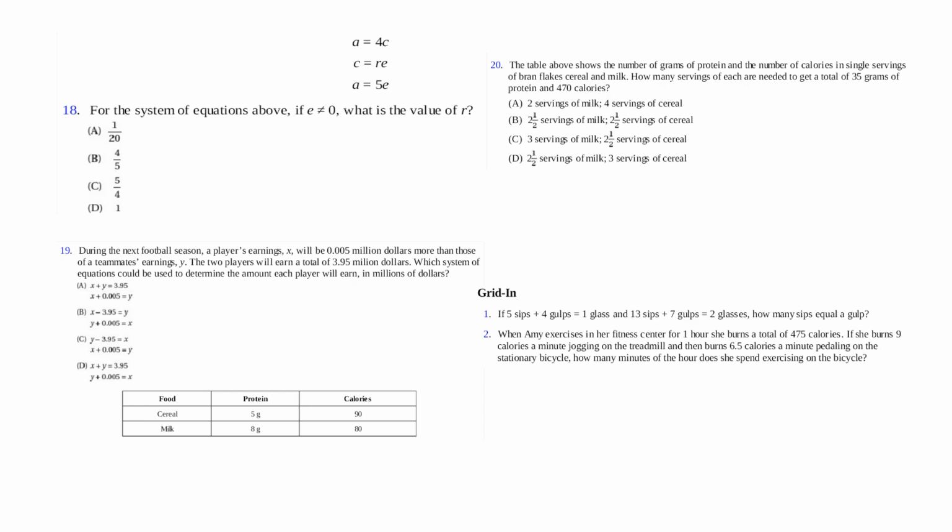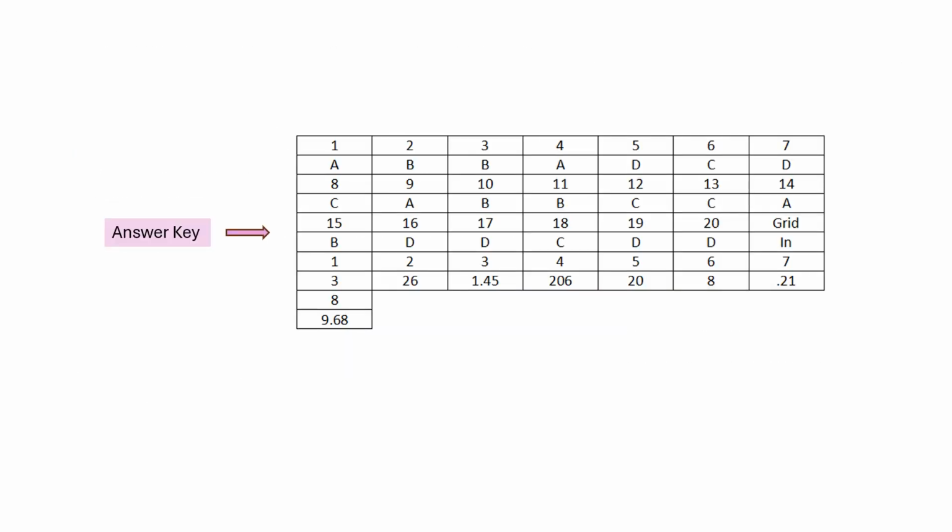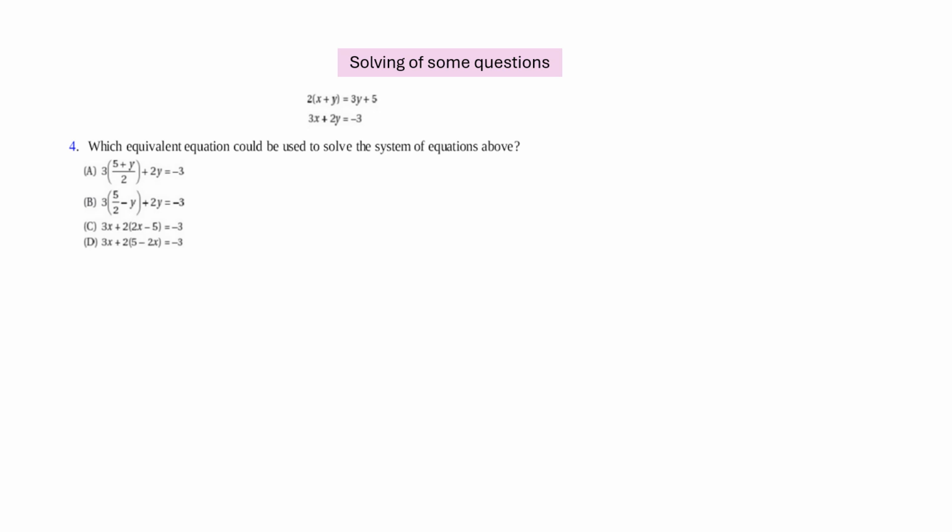Now, questions for you, try to solve. Solving some questions from the exercise. 2 parentheses x plus y equals 3y plus 5, and 3x plus 2y equals negative 3. Which equivalent equation could be used to solve the system of equations above? So if you look at it, you can